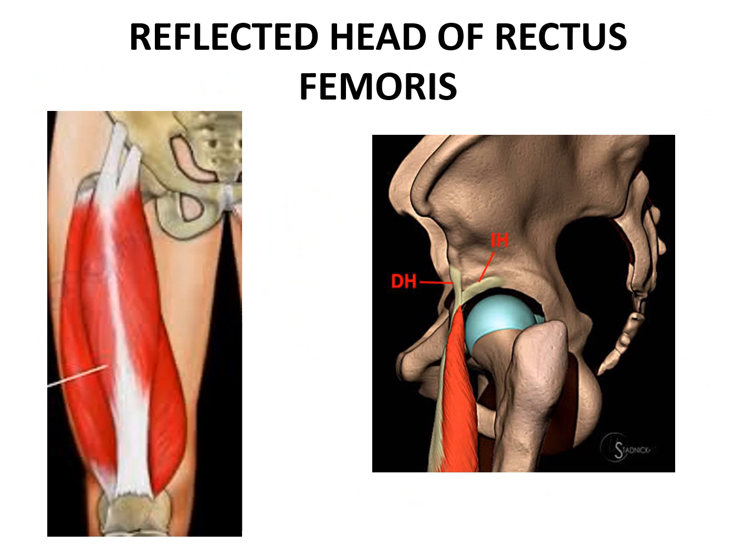Now we will move on to the last muscle in the deep plane of the gluteal region, that is the reflected head of the rectus femoris. We all know that this is the rectus femoris muscle having a straight head which arises from the anterior inferior iliac spine. It has a reflected head. Now we are going to study about this reflected head. This reflected head arises from the ilium of the hip bone just above the acetabulum.